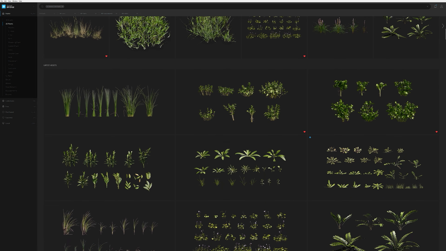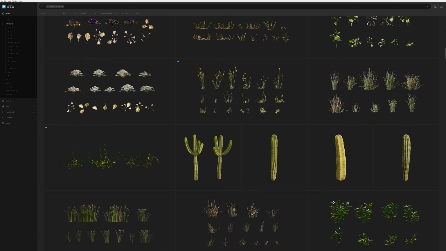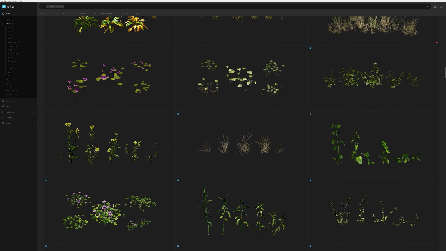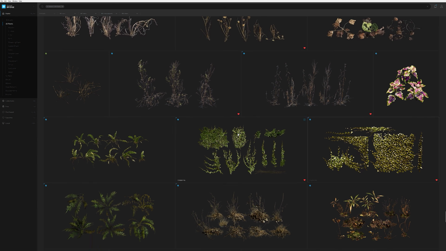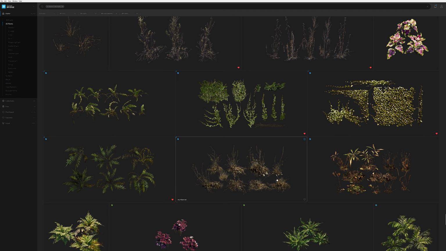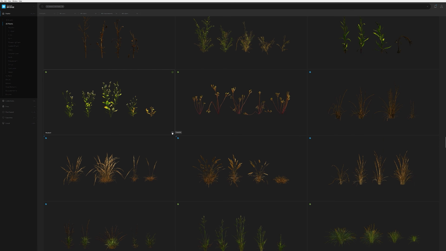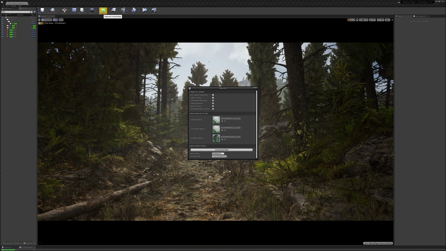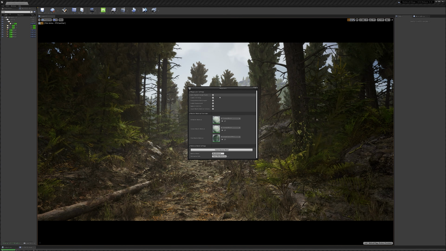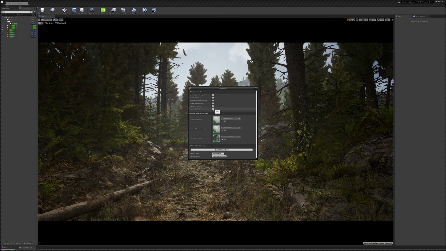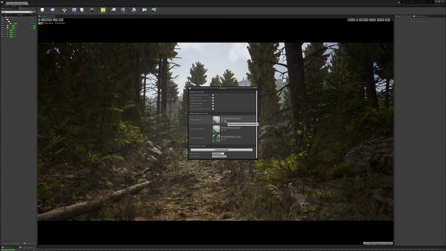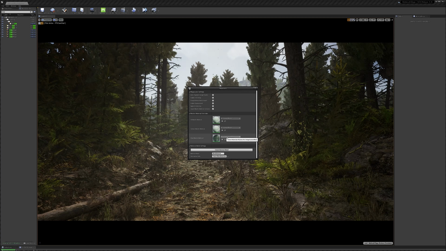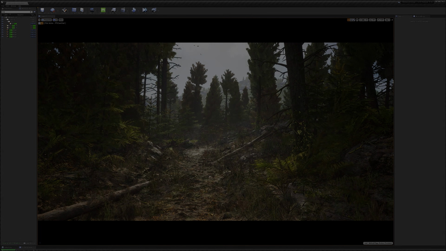In Bridge, I make sure to thoroughly browse through the 3D plants section of our Megascans library. Keeping in mind our reference, I favor plants that would fit our environment. In this case, I opt for ferns, a bit of ground cover, small twigs and debris, grass, weed and a lot of dried shrubs. In the Live Link, I then disable the foliage painter auto-population and the LOD setup. Then I simply enable import master material textures to make sure that only textures that actually get used by my master materials will be imported. Here I also made sure to specify our custom master materials to be used on import.